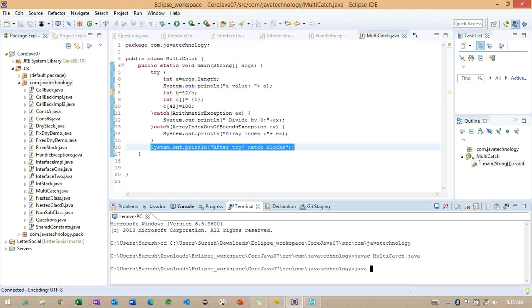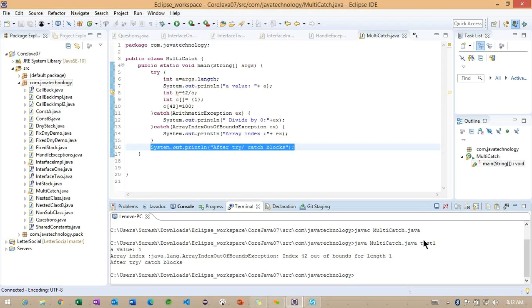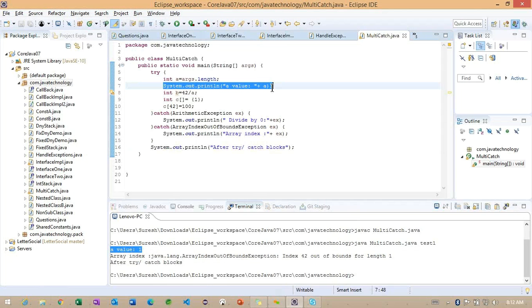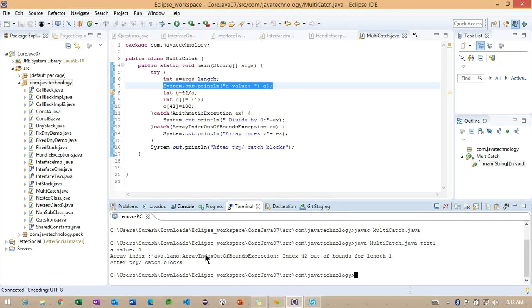It is compiled successfully. And java multicatch, and here I want to give something called test1. So now you can observe which exception we are getting here. You can see the a value we are getting is 1. Which line is printing? The line number 7 we are getting here. So now we have got a different exception.